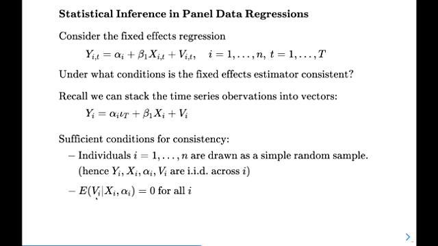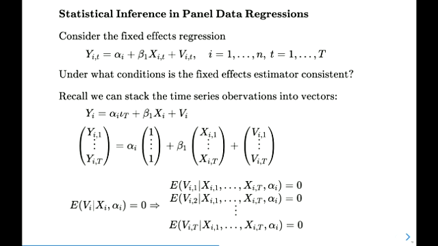So this is not really just one assumption, it's a vector of T assumptions that we're writing down. If we write that out explicitly, that's how it appears. Just a reminder that the v_it looks like this. And so this assumption that we're making here implies that the expected value of v_i1 at time 1 is, let's